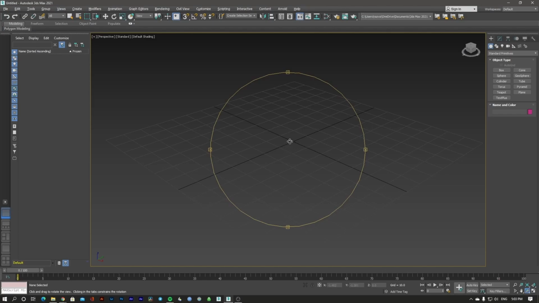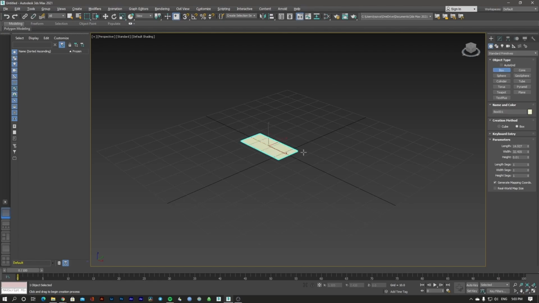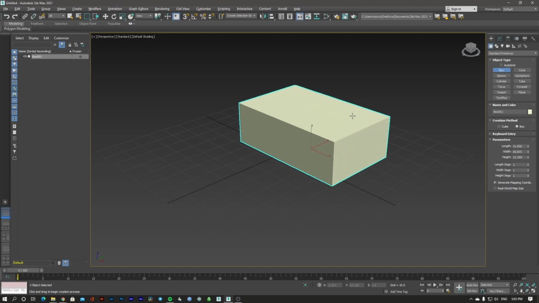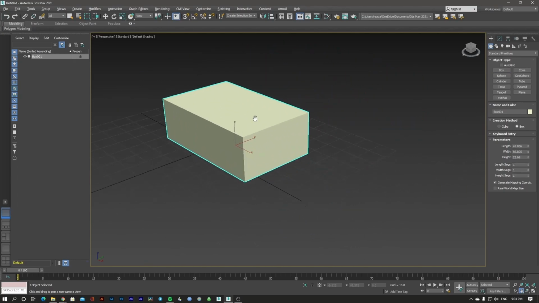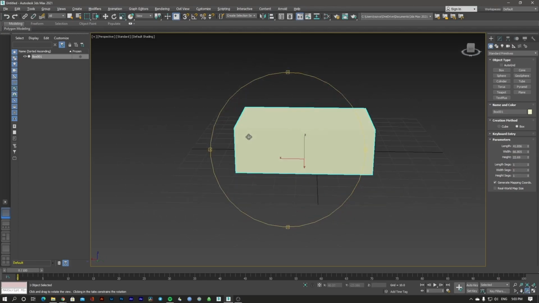my object. If I use the hand, which is this button here, it's called the pan view. With the left button clicked, I can pan. So for example, if I create an object again, and I use the pan view, I can pan inside. If I use the orbit, I can orbit